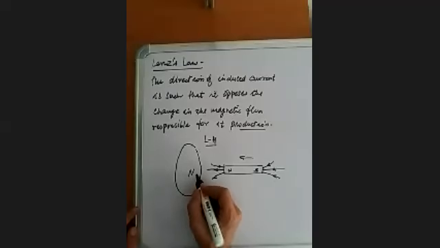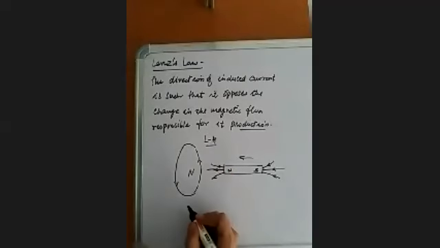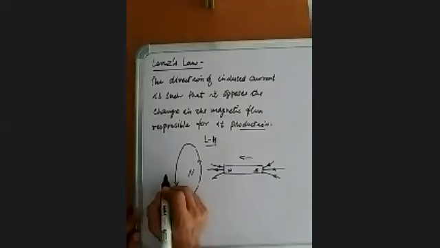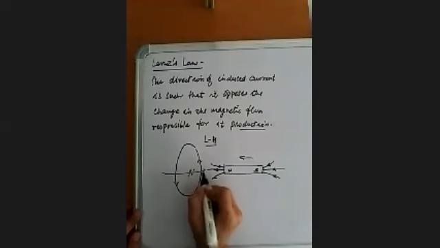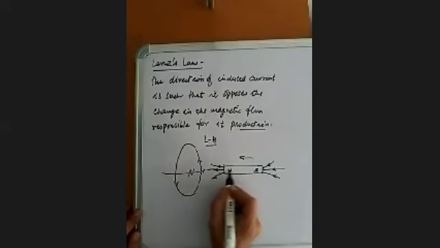Okay, and we know for this face of the coil to become a north pole, the current should be flowing in the anti-clockwise direction. So the direction of current will be anti-clockwise, so that this becomes a north pole, and the direction of the magnetic field developed due to this current in the coil will be against the